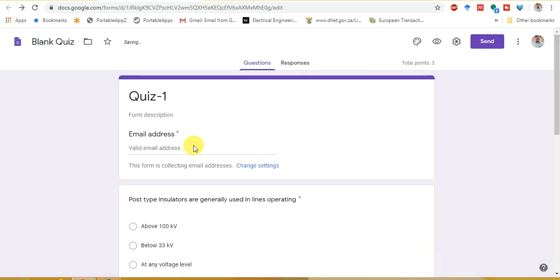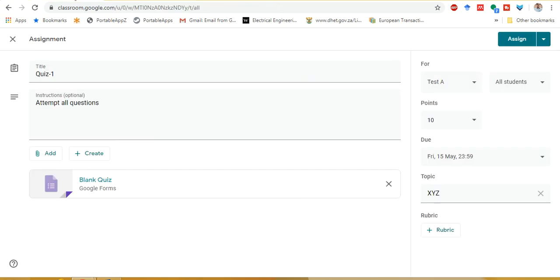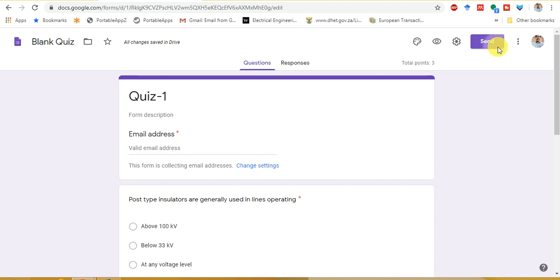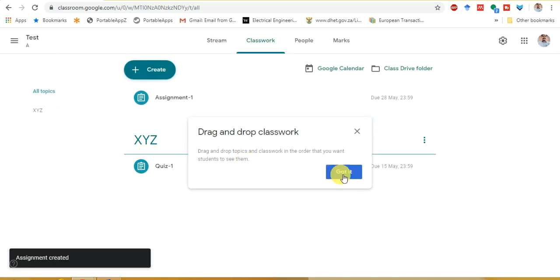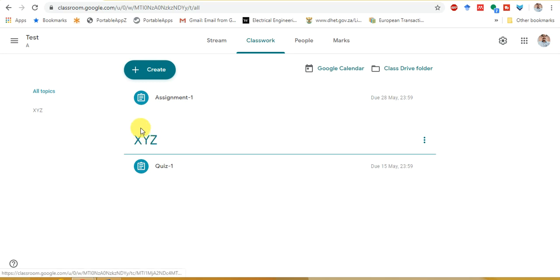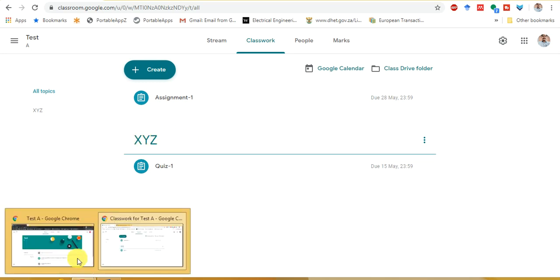So now save these settings. After this, you can assign this. Whenever you assign, this is the quiz XYZ.